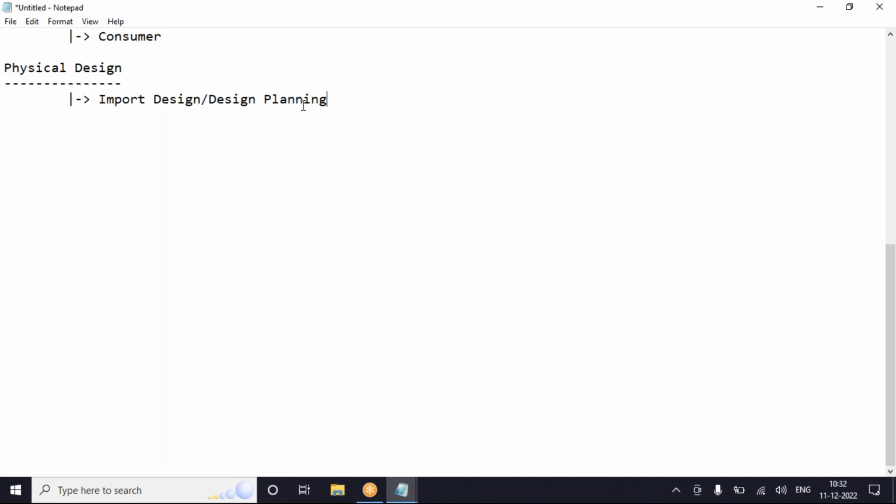So that also happens based on this import design, and based on the criticality, I'll look into it and provide the feedback. If it is taking more time or getting more complex, then I'll give feedback. He will divide it and give it back to me. Then I will use separate people for that. So the first iteration is that, based on the complexity, the logic can be divided and updated.